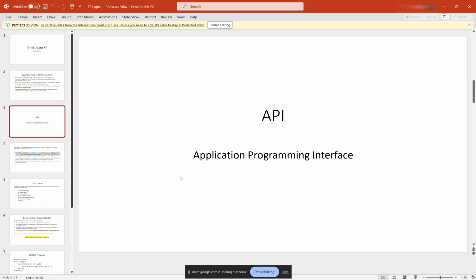Is that correct? So a single system may have multiple APIs, right? And every API has a specific structure, the base URL and the endpoint or the parameters along with it, right? And the data that we are sending along with the API, that is called the payload, right? For example,